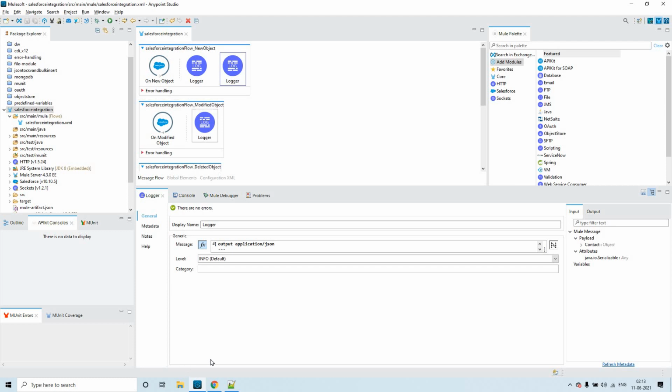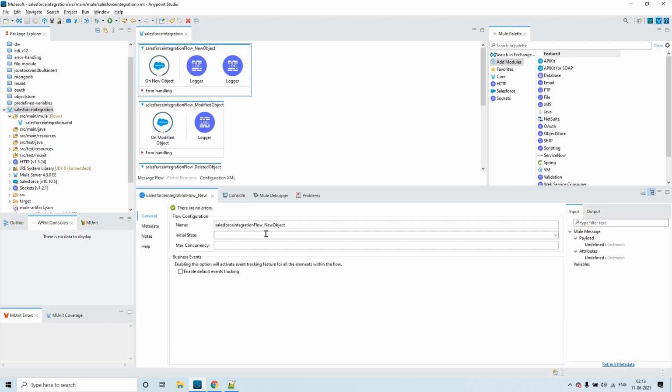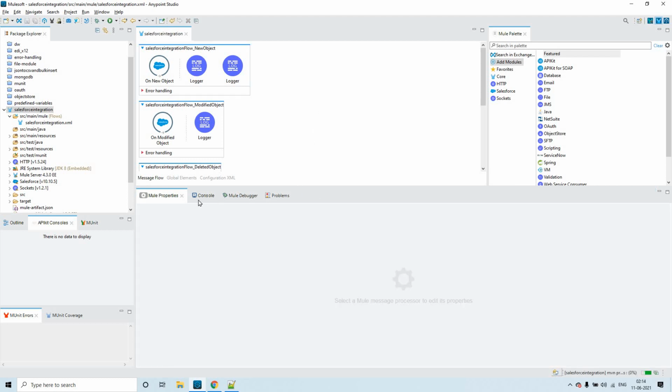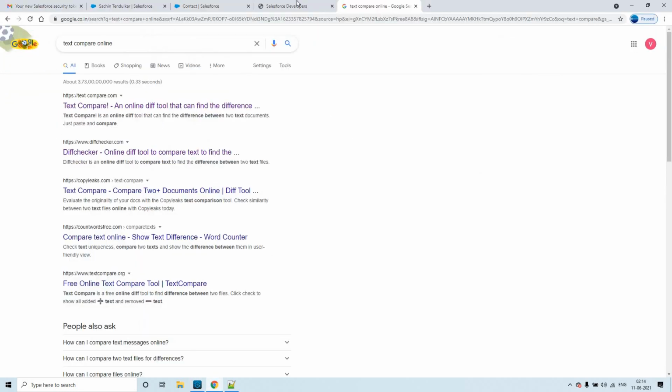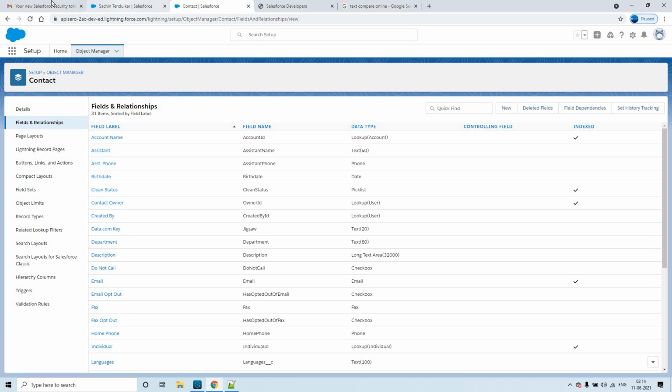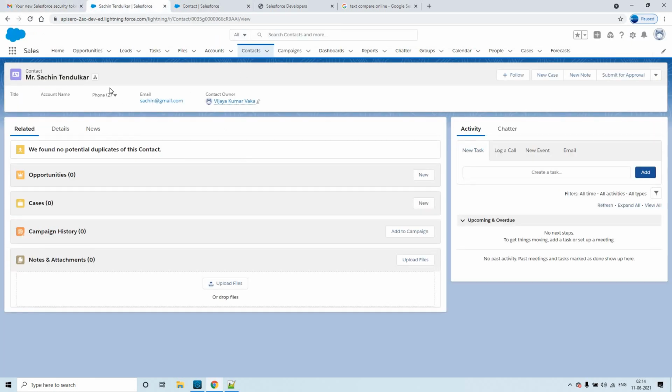So we are done with these two. Now let us try to do one thing. Let me disable this. I have stopped it because now I'll do some mocking. I'll do a change on this particular contact. This is the contact which we have created.